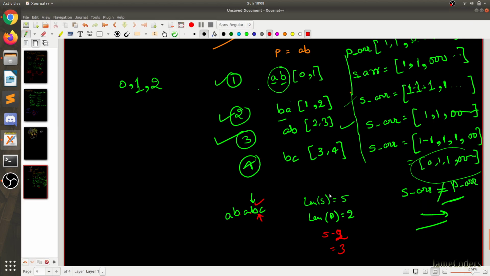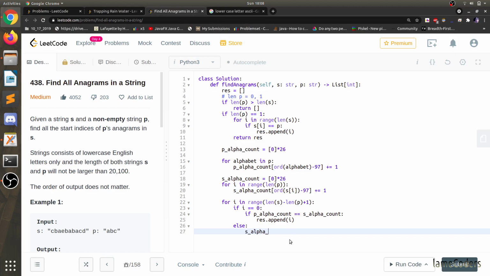When we are at BC, we have to decrease the index of A and increase the index of C. So s of alpha count of I minus 1, order of s of I minus 1 minus 97.